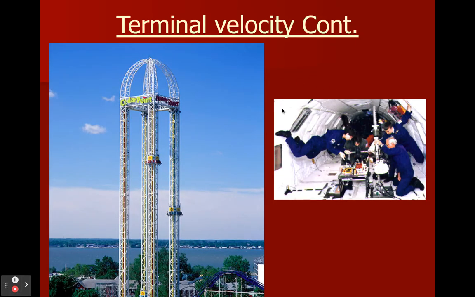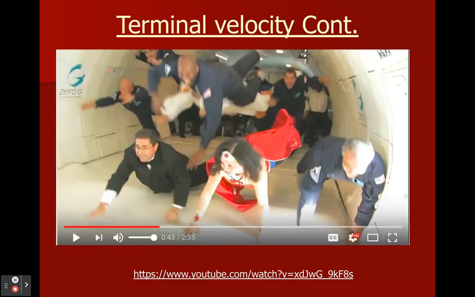Okay. The closest thing on Earth you can get to terminal velocity, at least here in Ohio, is to go up to Cedar Point and ride the power tower here. Okay. And what they do is they take you up there and they drop you. You used to be able to hold a penny there, and the penny would kind of lift off a little bit and stay with you. Okay. Or you can have some money and get on what they call the Vomit Comet. Well, what's that? Well, let's talk about that.